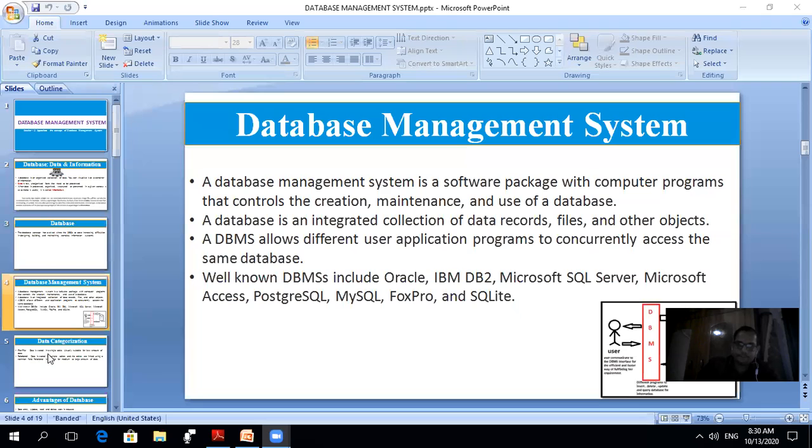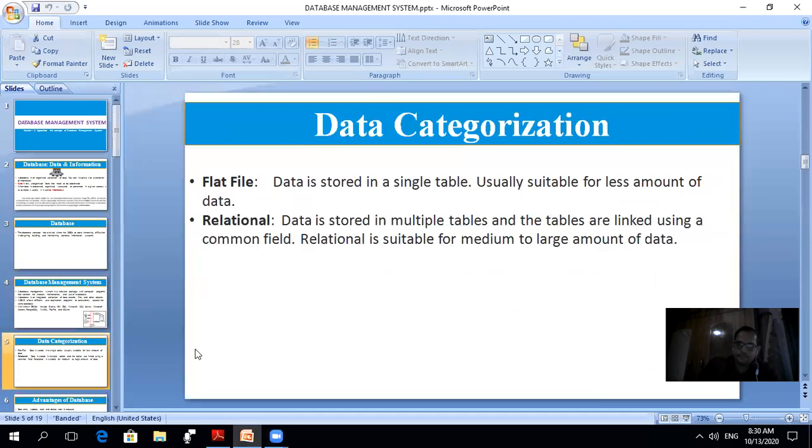Next, data categorization. Data categorization means category of data. तो here we have two different kinds of files. One is a flat file and second is a relational file. Flat file means where we store data in a single table. जहां पर एक ही टेबल में हम डेटा स्टोर करते हैं, that type of file is known as flat file,